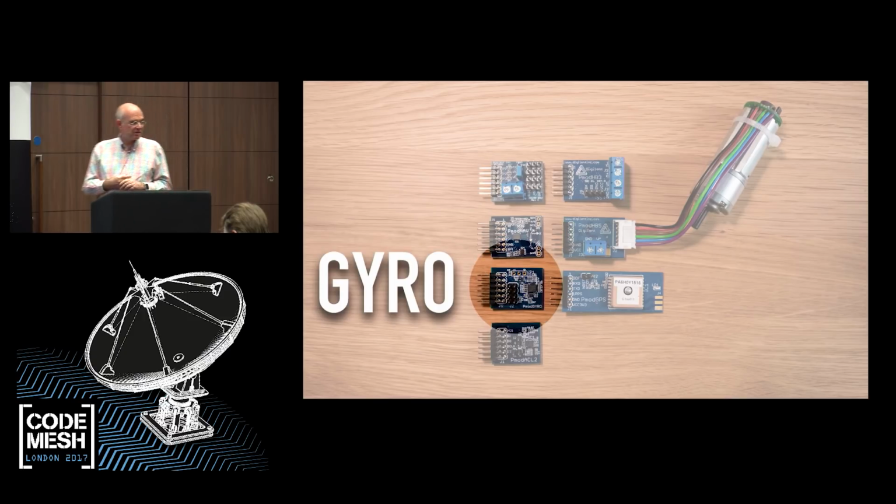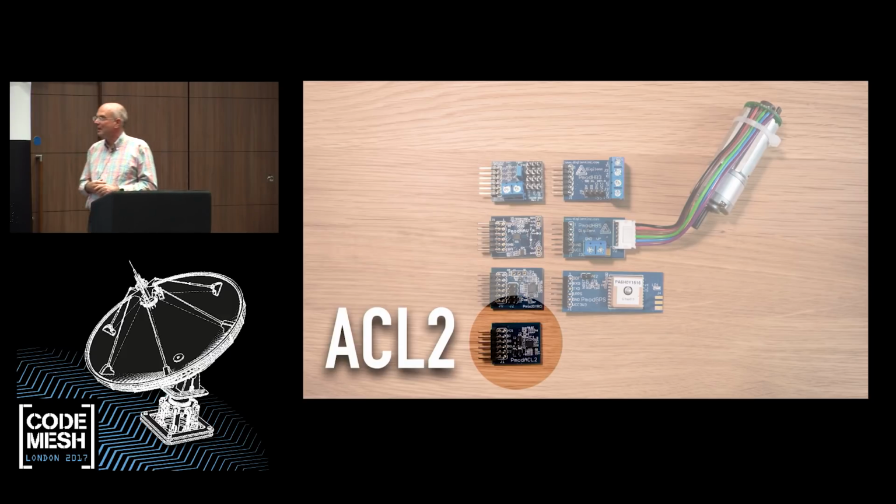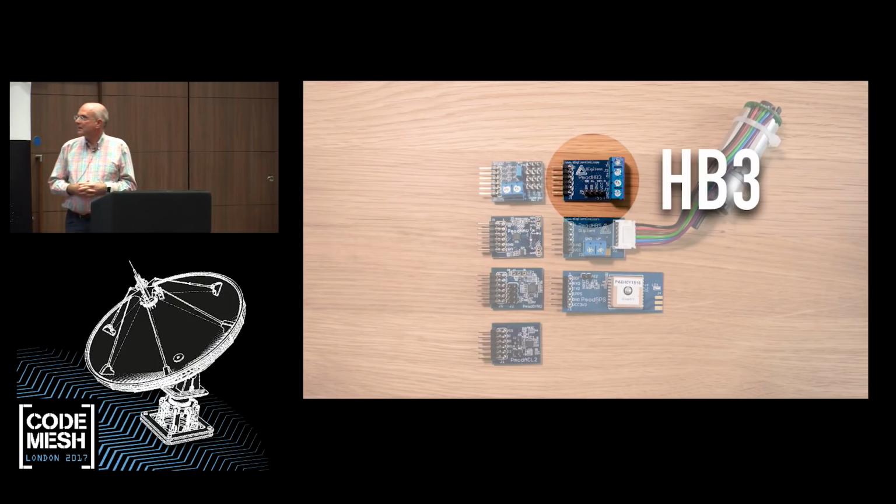That's an older one, which just has a gyro, which is also on the PMOD nav. So I wouldn't get a gyro anymore. I just use the PMOD nav, and we already have the driver. It's very nice. You can measure all kinds of things. That's also an older one, an accelerometer, so that's where it started, and now they integrate more and more on one PMOD. That's an H bridge,